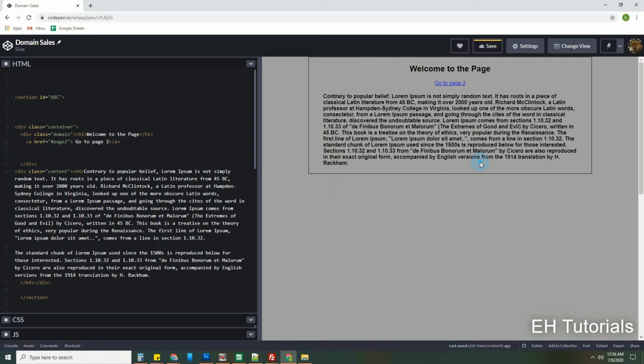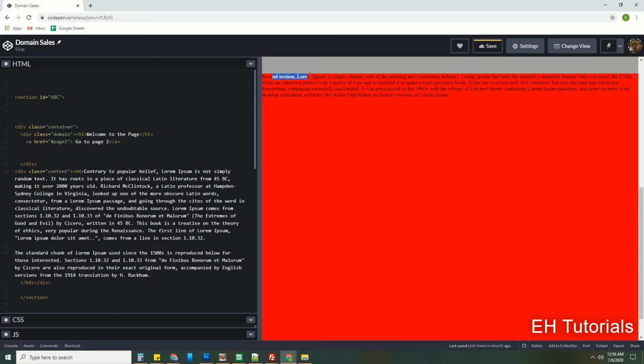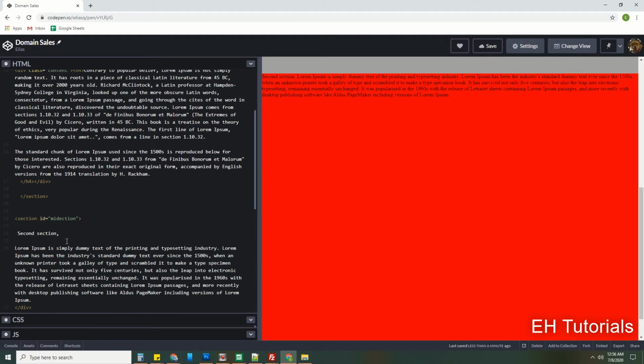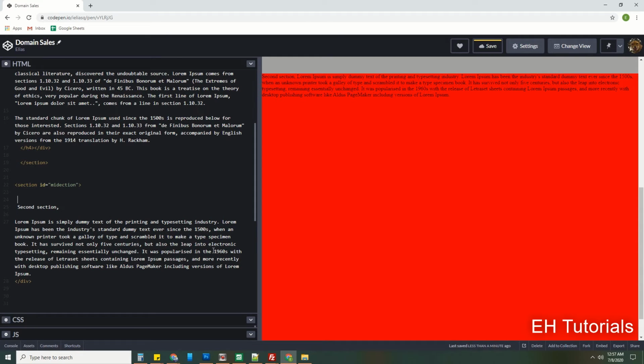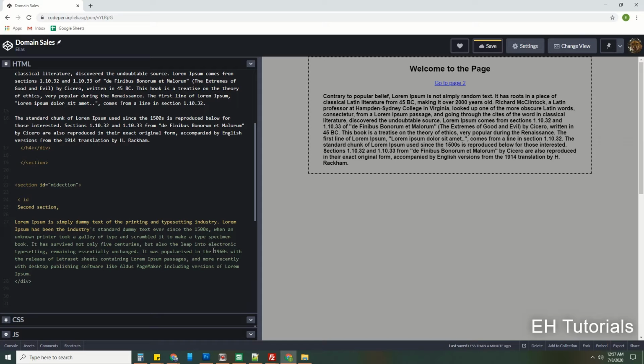As you can see, now that we did that first part, the next part is to actually go and put the tag where we want the link to go to. In this case, we're going to go all the way to the bottom over here where it says second section, and we're going to actually type the code that's going to have it go there. So let's do that now. I made it easier so that you could see it, and I just call this section number 2, or second section, and we're going to type the following: a, put an ID, so a id,